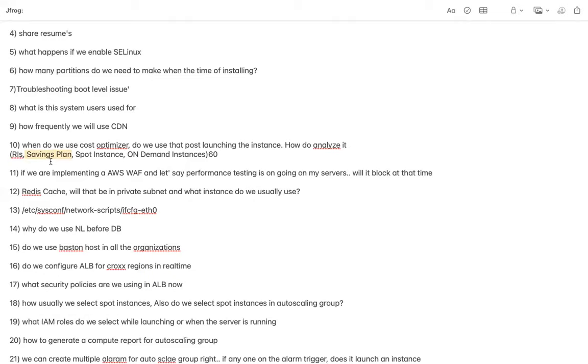For example, we make a commitment to AWS that we are going to pay you $10 per hour, irrespective of instance, irrespective of operating system, irrespective of any other component here. So these are the things we have to take care of. Savings Plans are just near to RIs, but we are getting a lot of flexibility here.